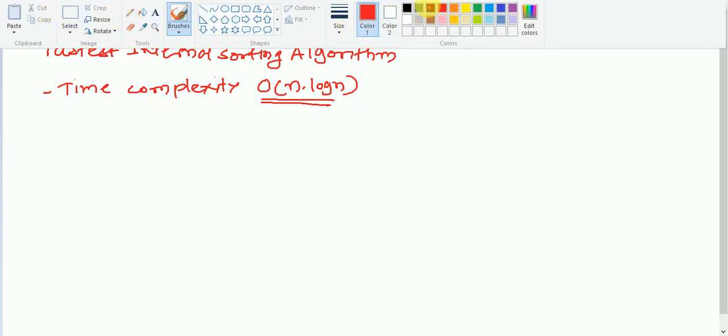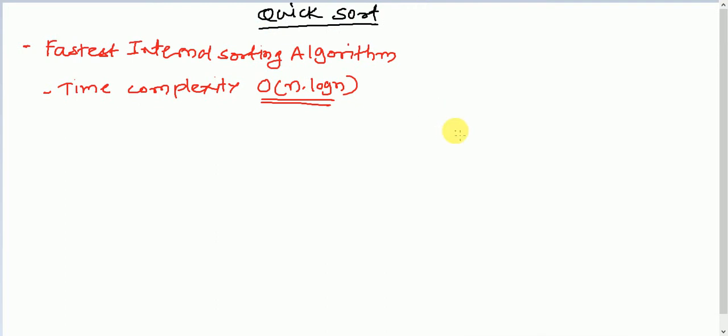I'll take a simple example. Say here is a particular input array: 10, 3, 9, 4, 2, 7, 1. I have to sort this array using quick sort. This is my original array.